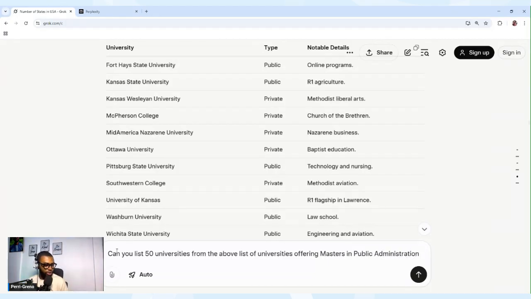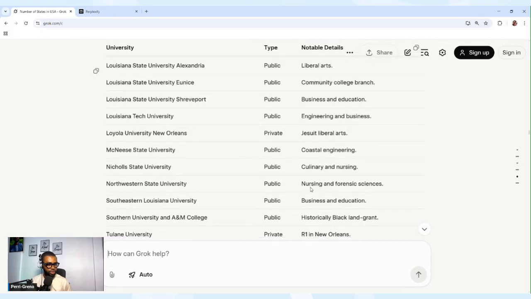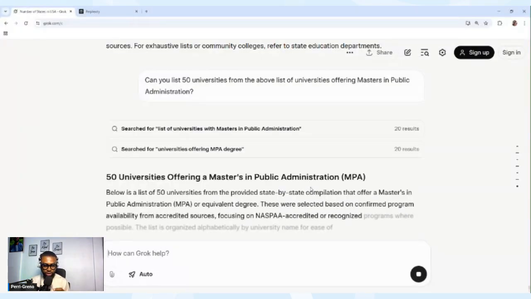Can you list 50 universities from the above list of universities offering master's in public administration? It's a question, so question mark. Okay, so AI is doing the magic.